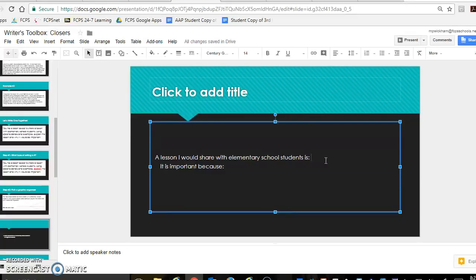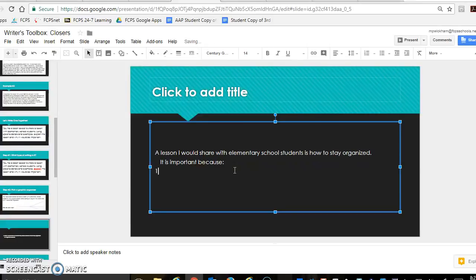So first we want to think about what that lesson might be. And I think a really basic one to describe to elementary school students would be staying organized. So a lesson I would share with elementary school students is how to stay organized. Now we have to think of those 3 reasons. So again, we're coming up with one lesson and explaining why it's important, not coming up with 3 lessons. So it is important because